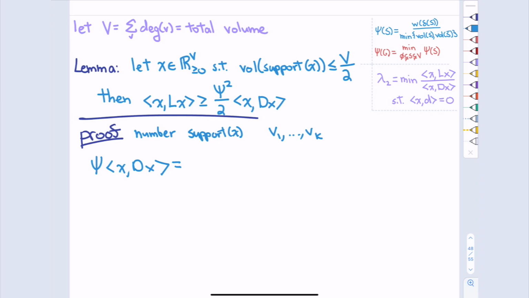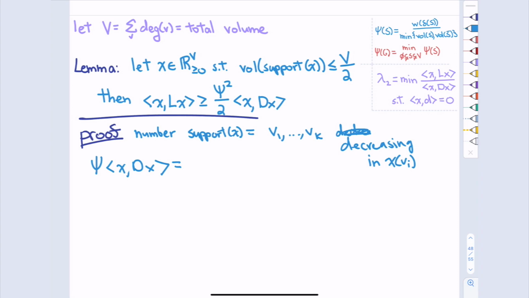So this is only the subset of vertices with non-zero values. I'm going to number V1 through Vk decreasing in their value. So V1 should be the largest value, Vk should be the smallest non-zero value,